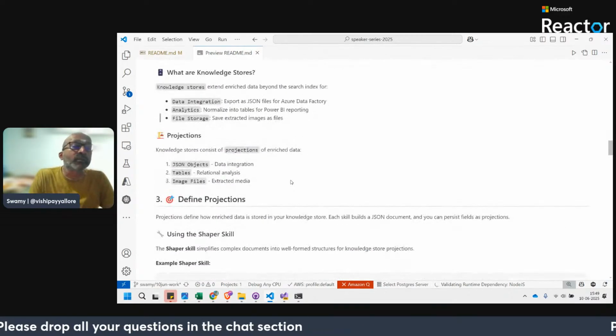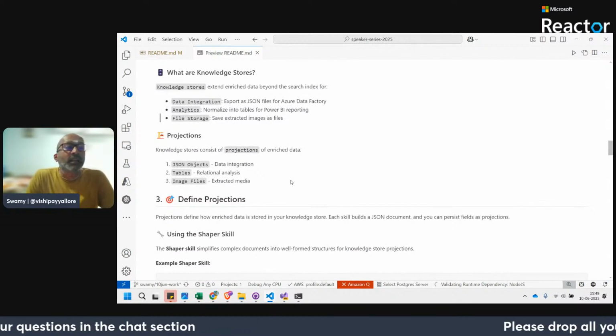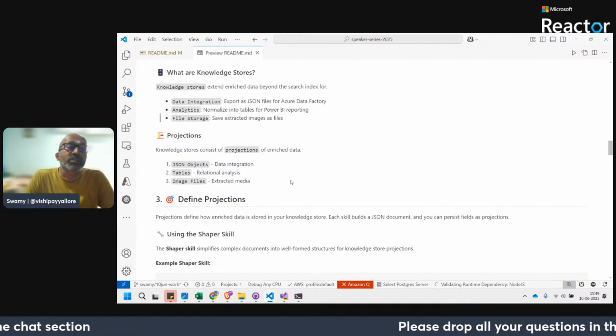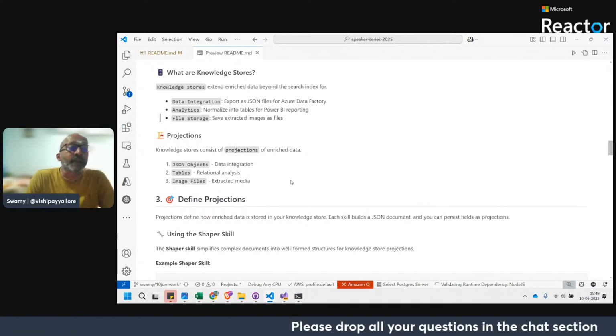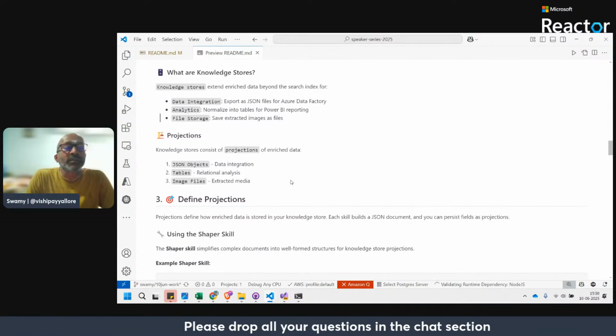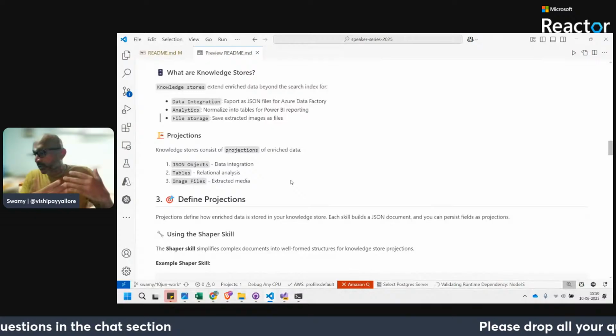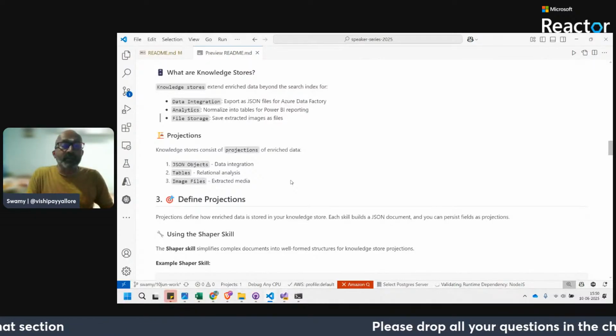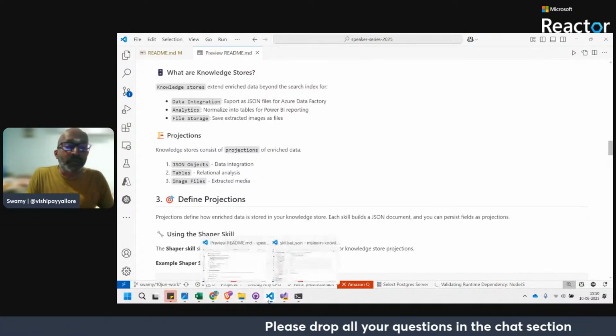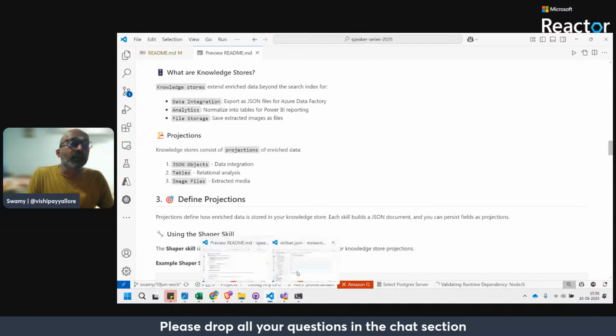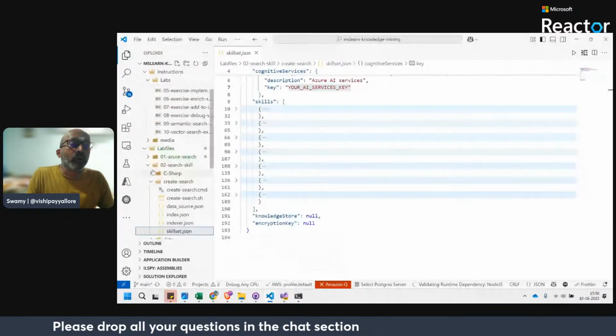We'll see that. So something known as projections. Knowledge store consists of projections of enriched data: JSON objects for data integration, tables for relational analysis, and images for extracted media. Like within our PDF files, if there are some images, let's take one example of that and look at it.